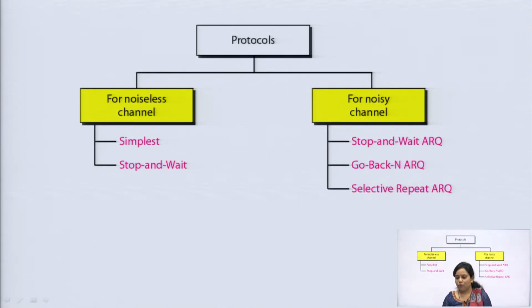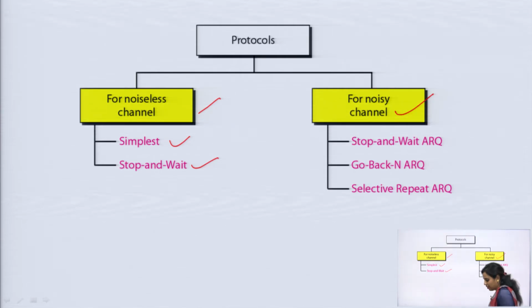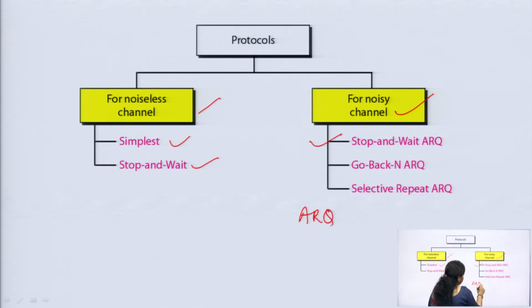Now, different types of protocols are available. It depends on whether we are considering a noiseless channel or a noisy channel. In the case of the noiseless channel, two types of protocols are available. The first one is the simplest protocol, the second is the stop and wait protocol. In the case of the noisy channel, three other types of protocols are available. Stop and wait ARQ, where ARQ stands for